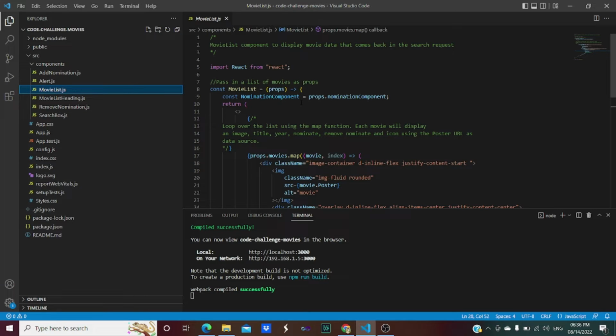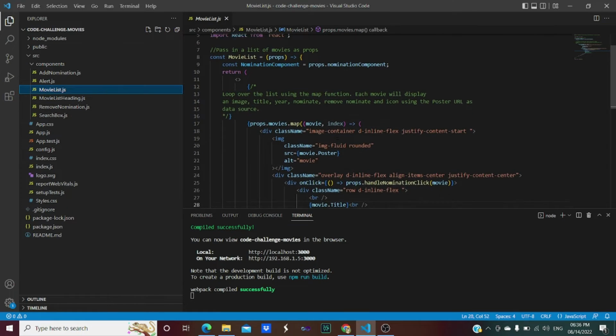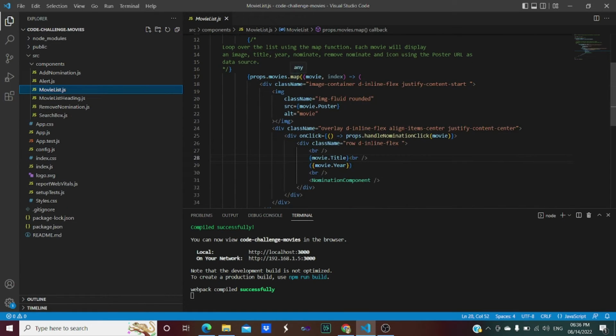So obviously there can be more than one movie within that list. So we need to look that particular thing to create the list. So for that purpose, over here map function is used, as you are able to see. Here is the map function, because obviously we need to create the list, and the information that I have already specified is to be displayed for each and every movie.